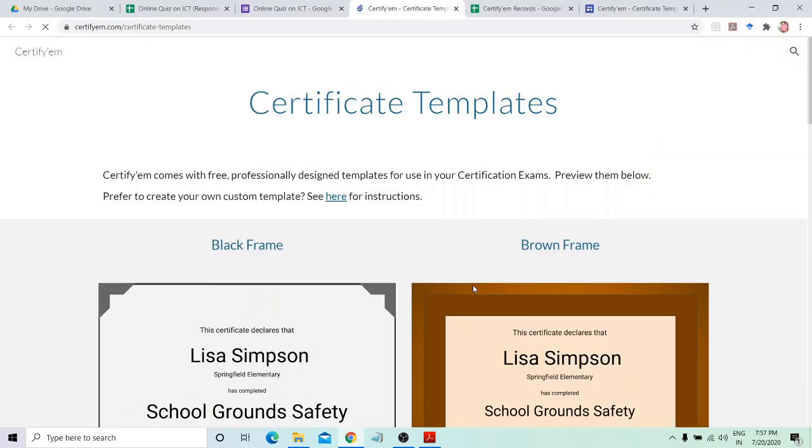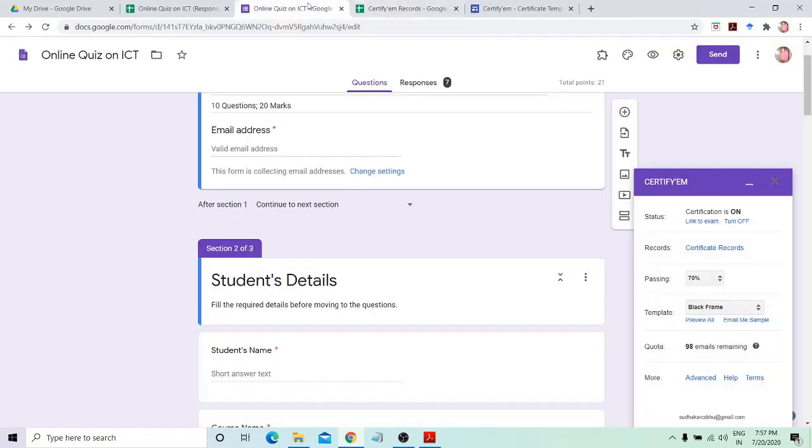So these are the predefined templates. You can use them. You can also test as a sample certificate. Simply email me sample, and for the selected template it will send you the certificate.